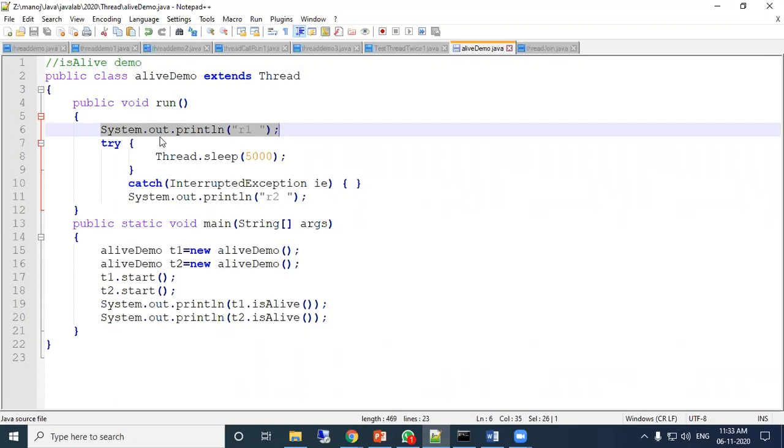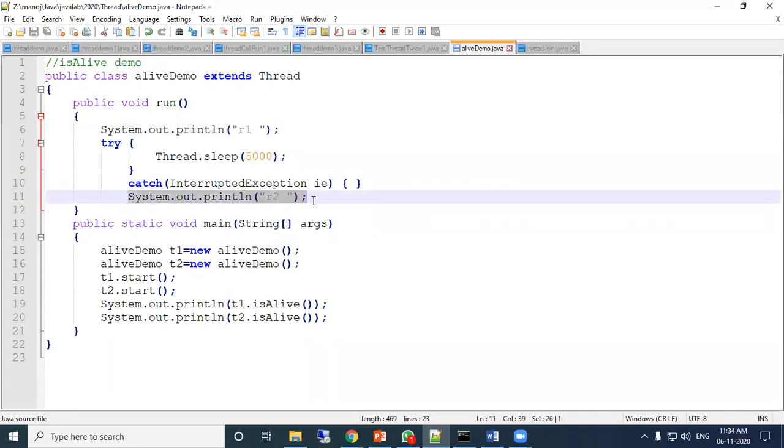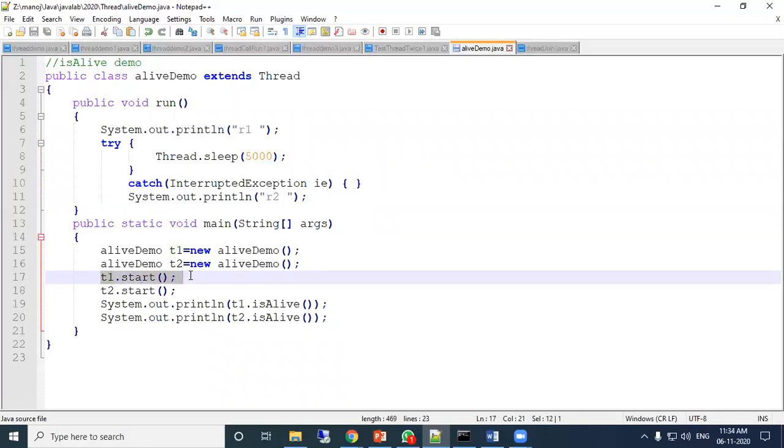This is under your run method but not under the try block. The R1 message will come for the thread, then it waits for 5000 milliseconds, then it shows the message R2 for that thread. So when T1 starts, it shows executing, then R1, then waits for some time, then R2.